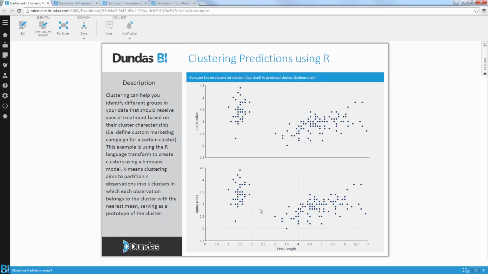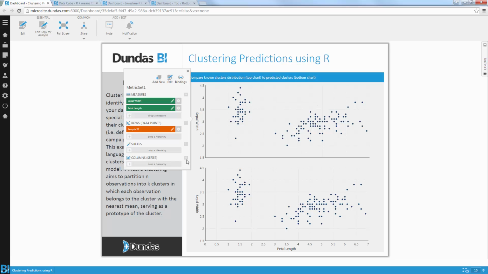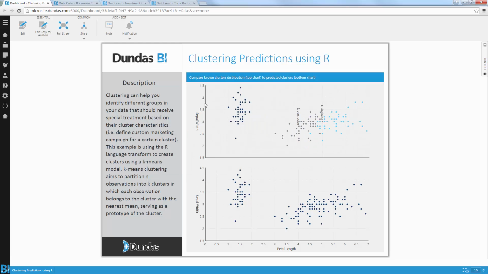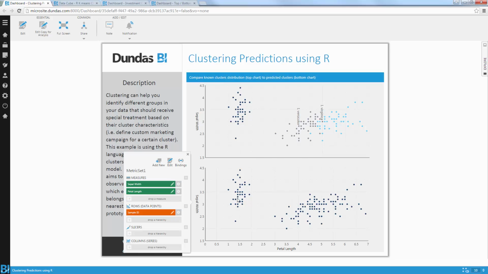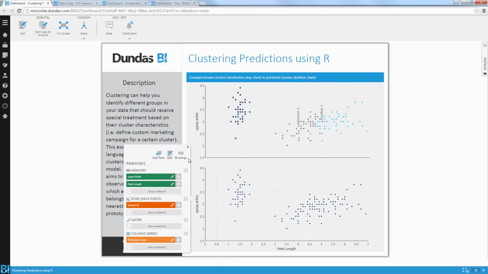And then I'm going to use the bottom one to show you what the R engine provided with the k-means method. So I'm going to go into my top chart, open my data binding panel, and add into my columns the actual species the different data points correspond to, the different samples. You can see here it's distinctly showing 3 different clusters on this chart. On the top left-hand side and then on the bottom right-hand side, you can see 2 different clusters that represent different species of the iris. On the bottom, I'm going to go again into my data binding panel, and on the columns, I'm going to plot my predicted cluster, the one that R generated for me.